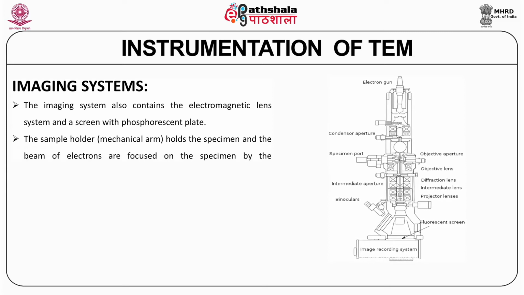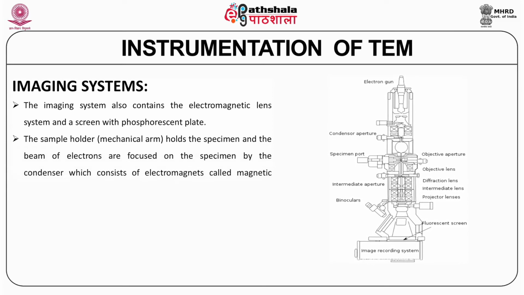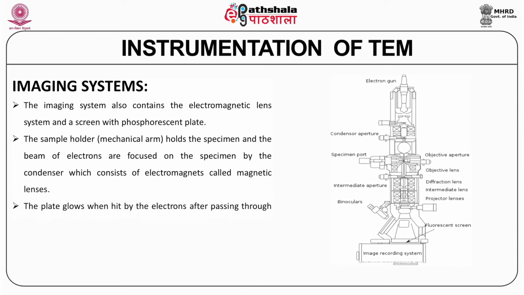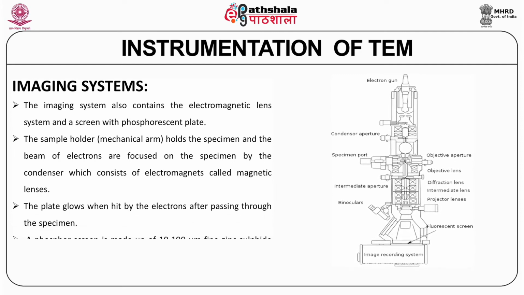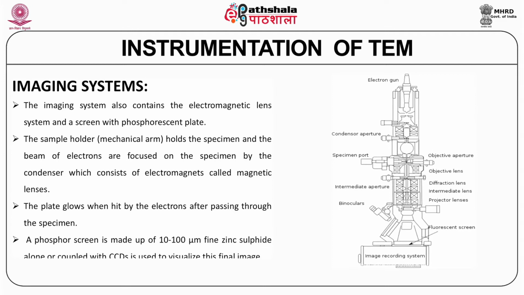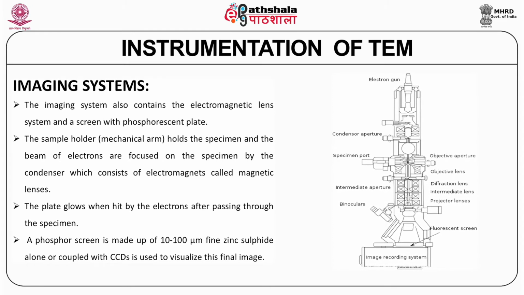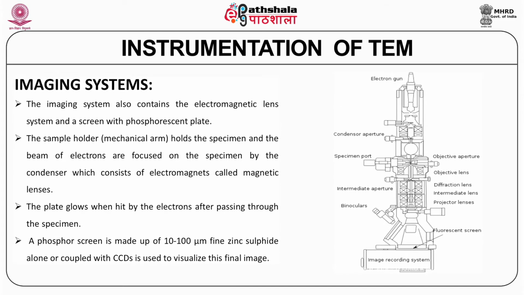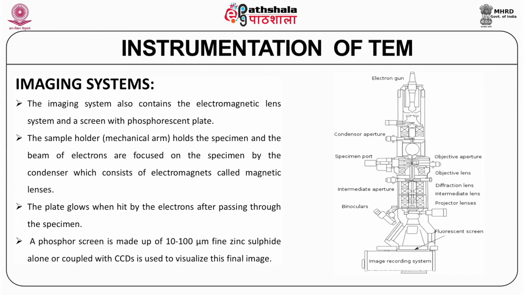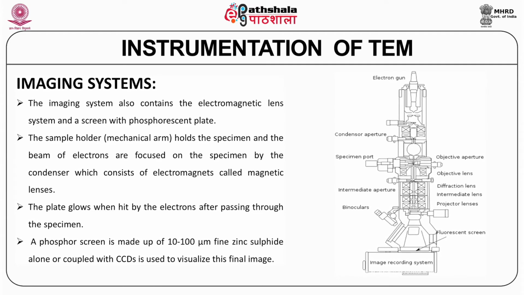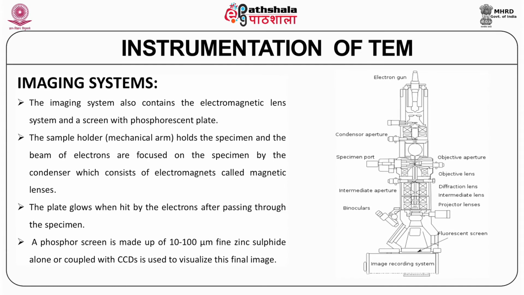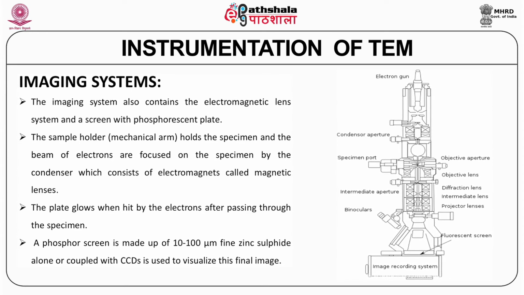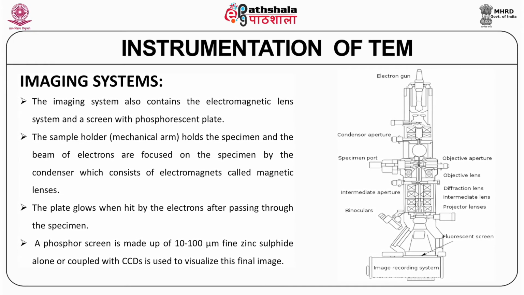phosphorescent plate, where the sample holder holds the specimen and the beam of electrons is focused on the specimen by the condenser. Now, this consists of electromagnets called magnetic lenses. The plate glows when it is hit by the electrons after passing through the specimen. The phosphor screen is made up of fine zinc sulfide, of say 10 to 100 nanometers, and when it is hit by the electrons, it gives off light, and the CCD picks up these